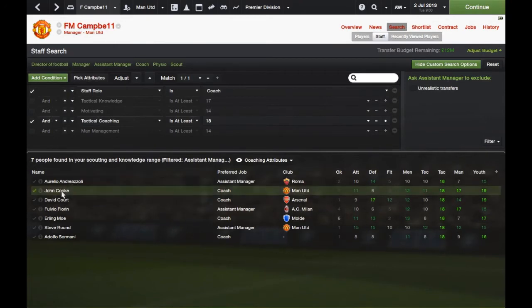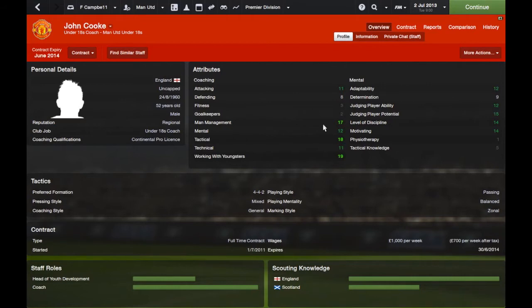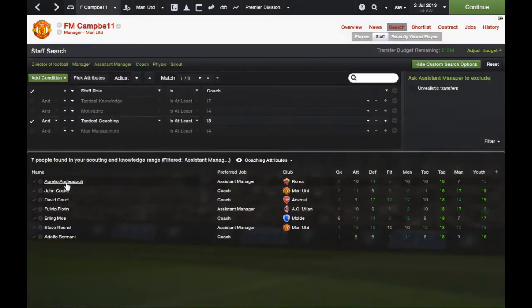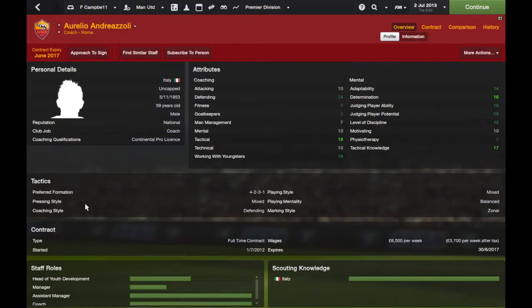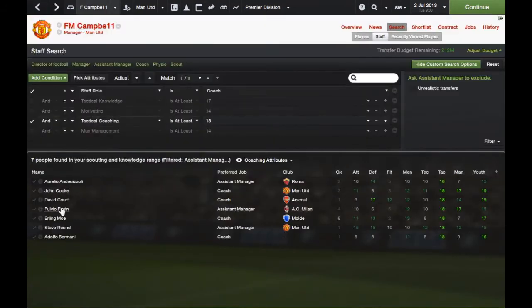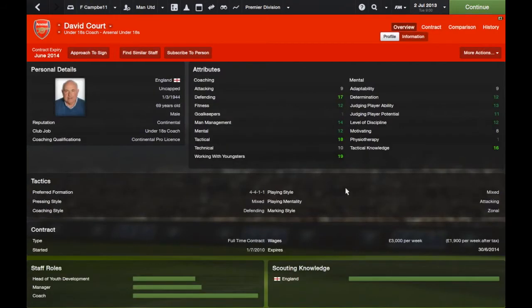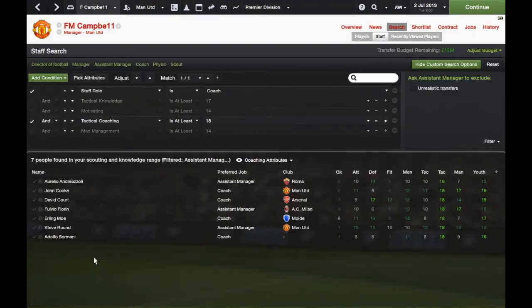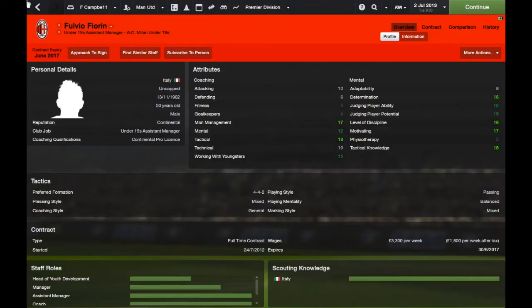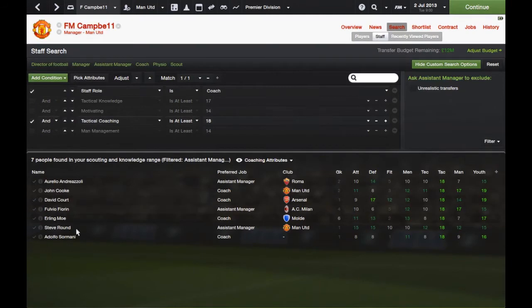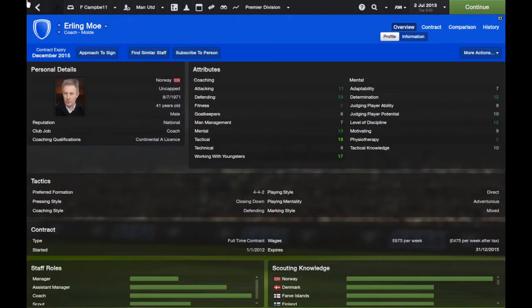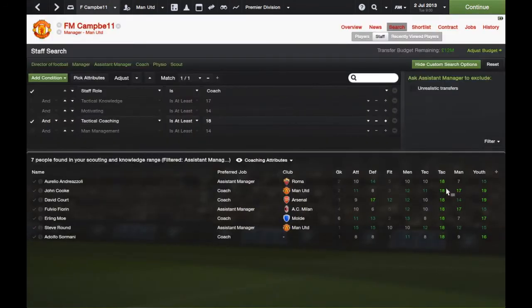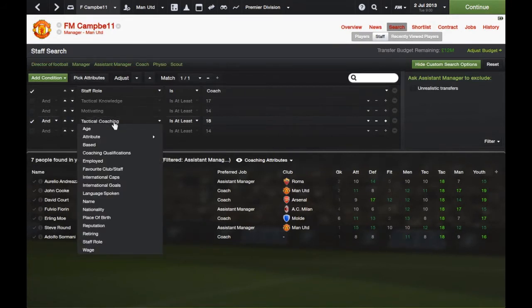So John Cook's obviously already at United. He's in the under 18s though. Mentally he's not superb, but you've got Aurelio Andriazzoli, not too bad. David Court, who's awesome. He's a very popular one for me to go and get. Fulvio Fiorin, who we know about, who's an assistant manager. Erling Moe, mental stats aren't great, but you get the idea. So there's 18 at tactical coaching, and then you simply just change this